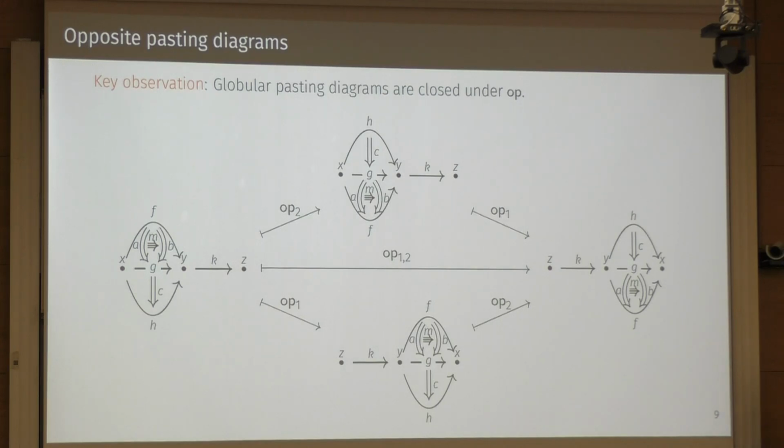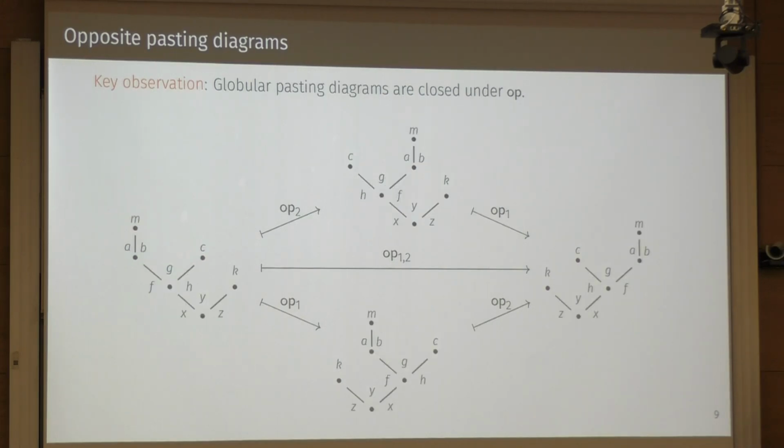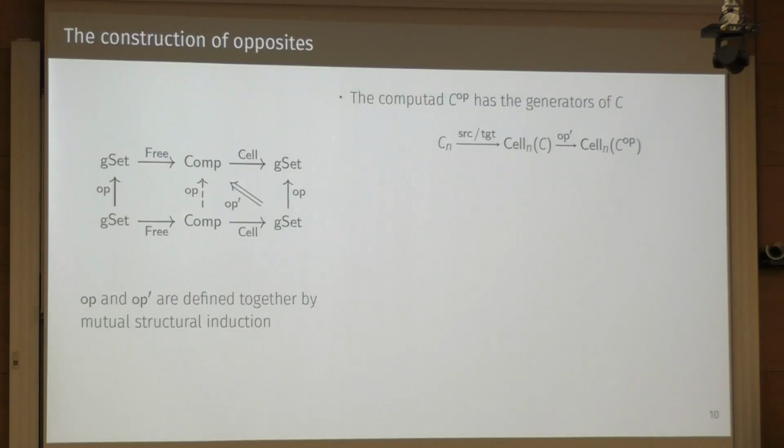And this is an example, but we can also see this using trees, and actually we can define the operation of forming the opposite of a tree and show that it's compatible with its interpretation as globular pasting diagrams. Having done this, we can proceed to define the opposite of a computed inductively. So what we're going to do is define at the same time an